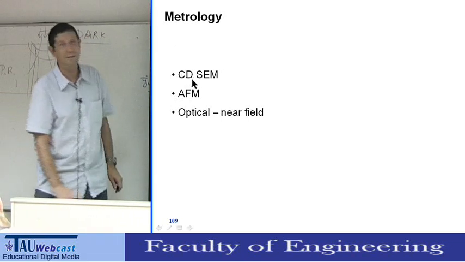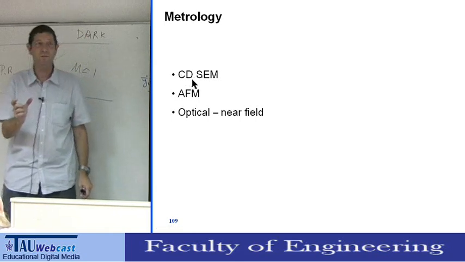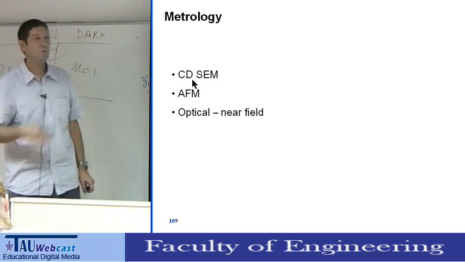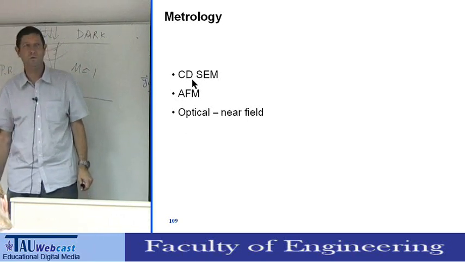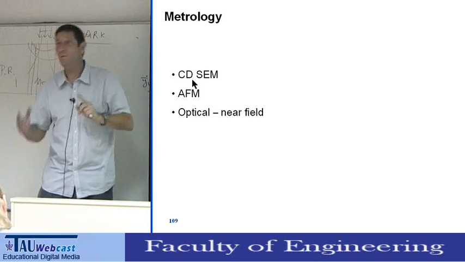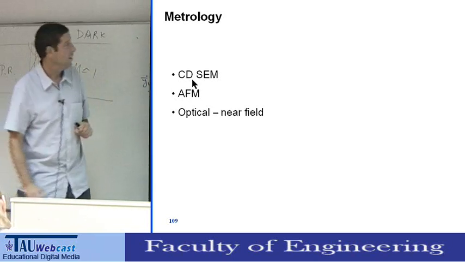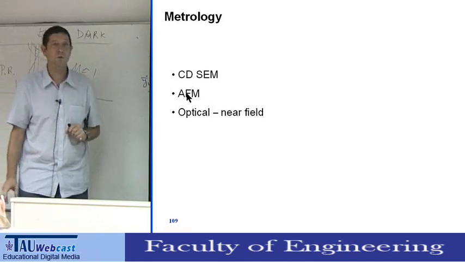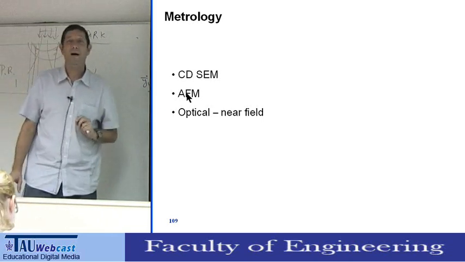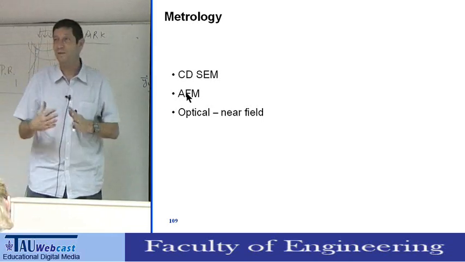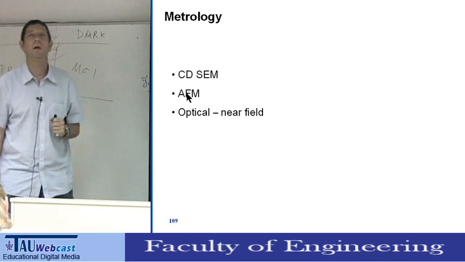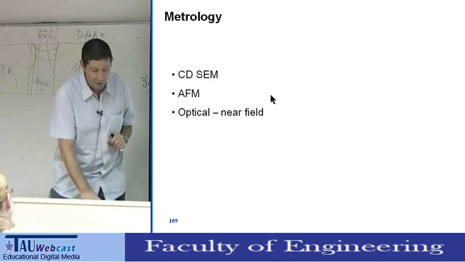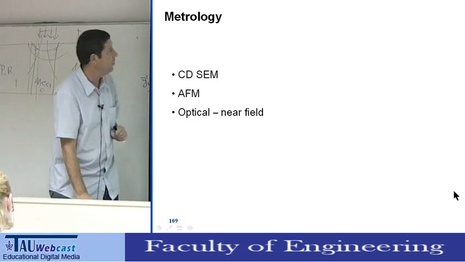common methods. One is CD-SEM. CD is critical dimension. SEM is scanning electron microscope. The most common method today to measure photoresist is CD-SEM. Second method is to use AFM, atomic force microscopy, which gives very nice results, but is not so fast. It has some problems with speed, but it's also a method we can use. And the last one is optical near field, and I'm going to show you a little bit more of optical